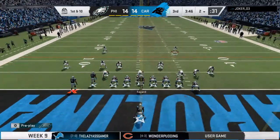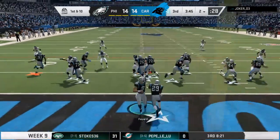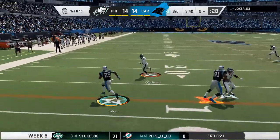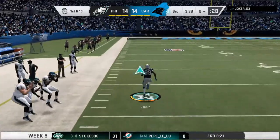The Panthers out there and ready to begin their next drive. And both of these defenses have been stifling these last few drives offensively. Just not able to get anything going, so what needs to change? I think a lot of the guys will go back and...